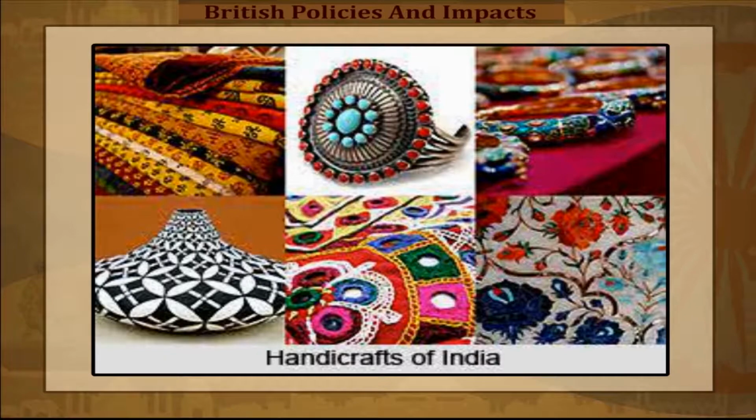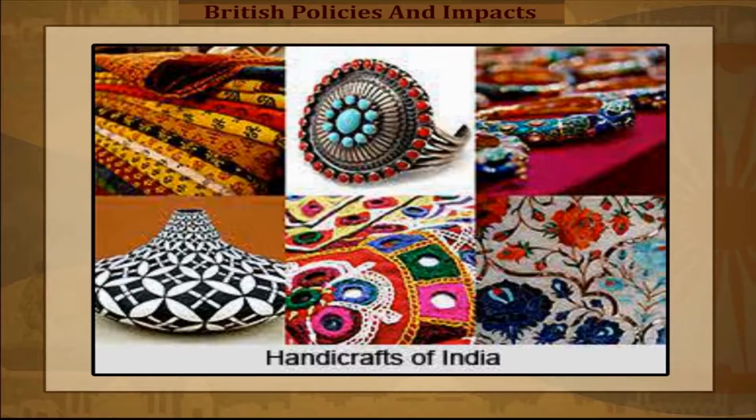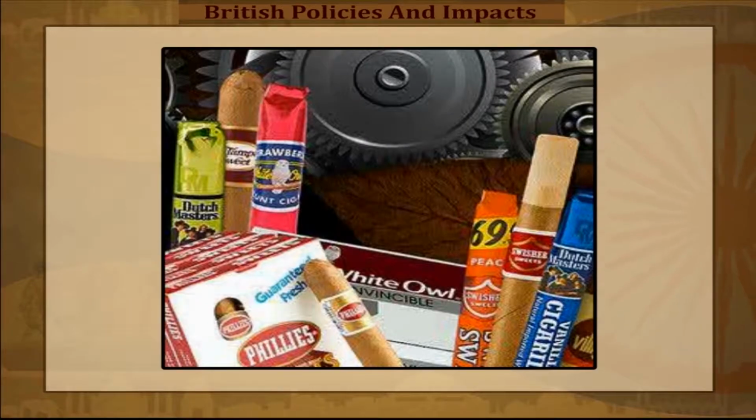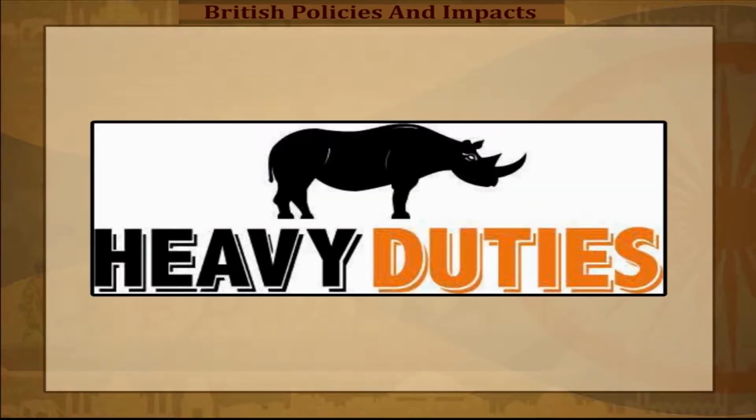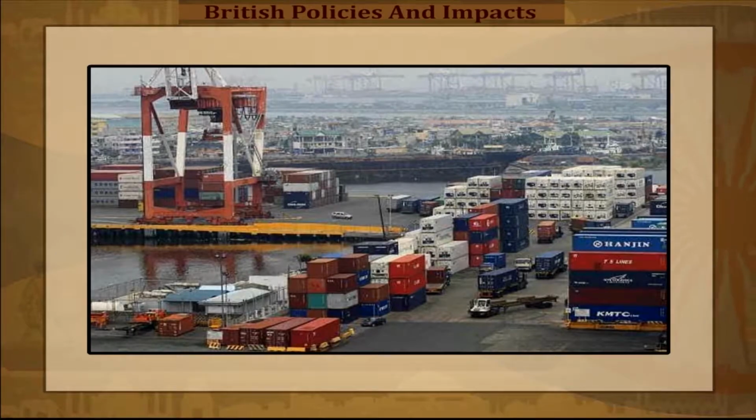The Indian handicrafts were exposed to an unequal competition of machine-made goods from the British. The Indian handmade goods were unable to compete with the much cheaper machine-made foreign products. The Indian products which competed with British products were subjected to heavy duties when exported. The duties on some of these exports was as high as 400%. This led to the decline of Indian export market.